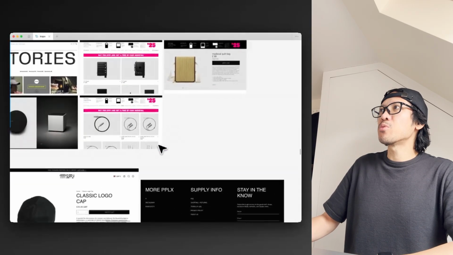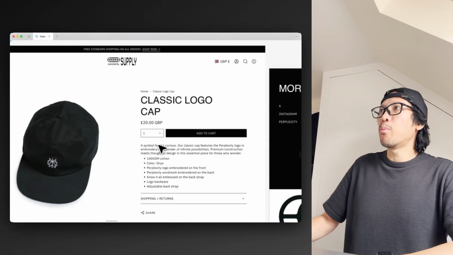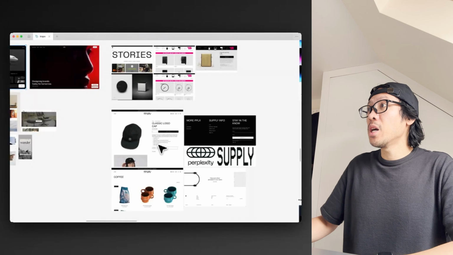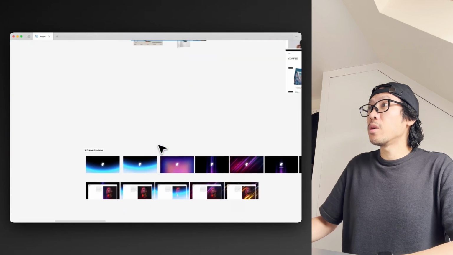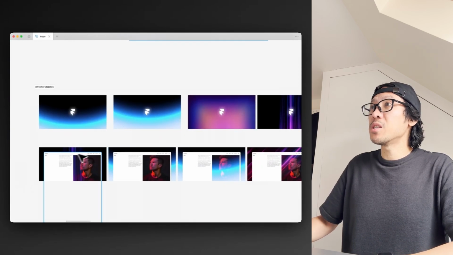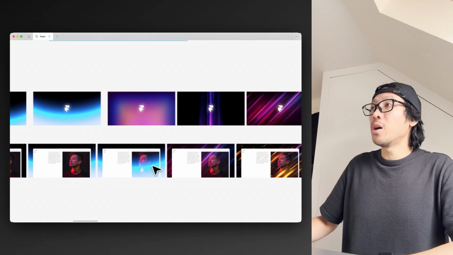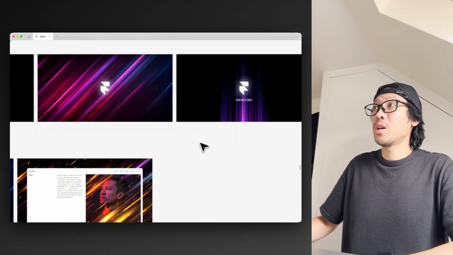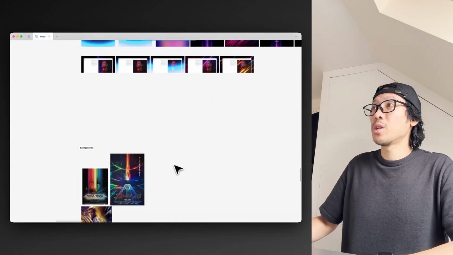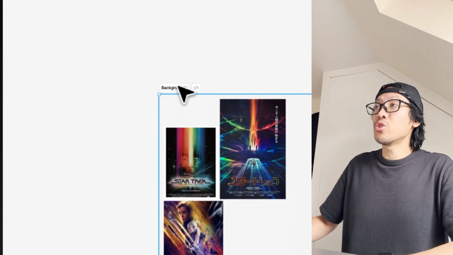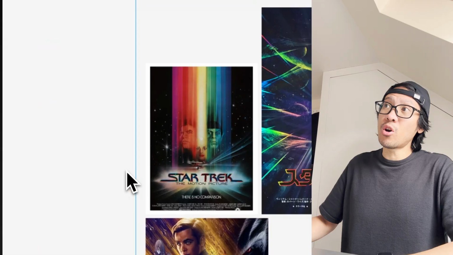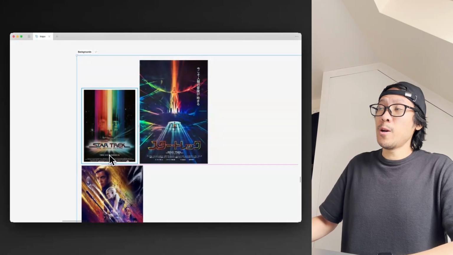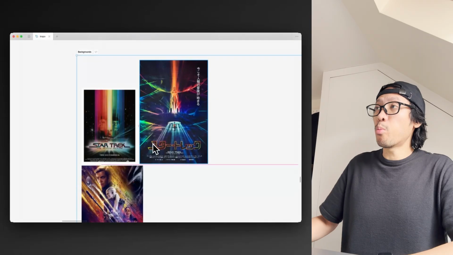So you can see all this inspiration that I've gathered, and Perplexity supply, which is also done on Framer. Okay, so now you can see what I've been doing, right? This is some of my Framer update posts and how I'm combining backgrounds. Okay, so this is the original post, and you can see the inspiration where I'm getting this from, right? So Star Trek, you can see there's really nice beams, right? This is something that I'm trying to incorporate into some